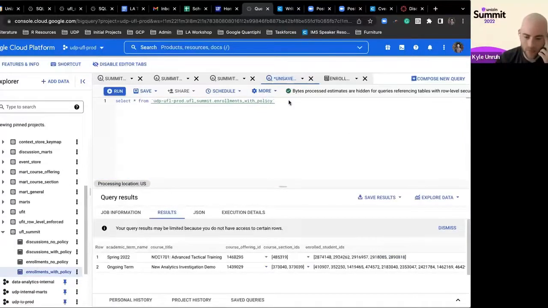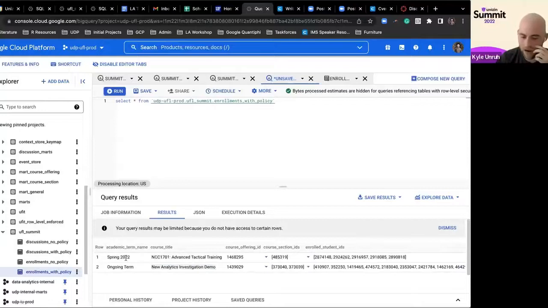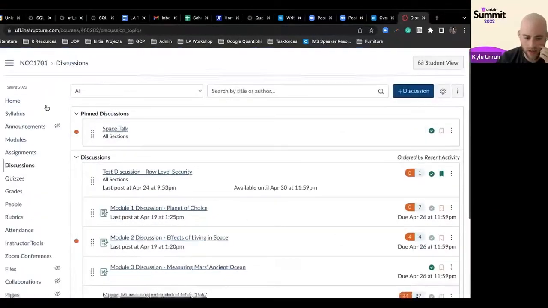So you'll see that BigQuery gives you this at the top before you run it, and then it says your results may be limited because you don't have access to certain rows. Oh, okay, yeah. So this is a demo course that we had set up that I'm also enrolled in to test this. But you do see at the top, you have this spring 2022 course, NCC 1701 Advanced Tactical Training, which is the name of